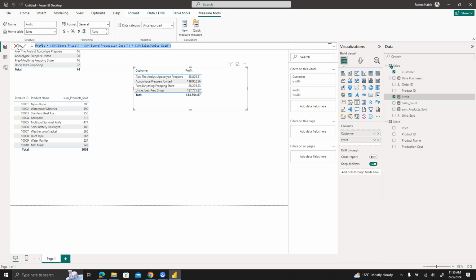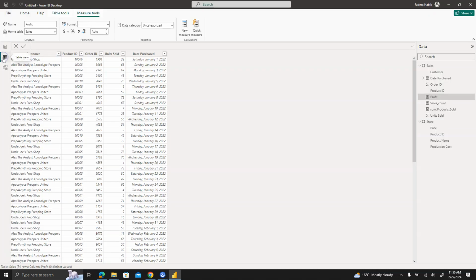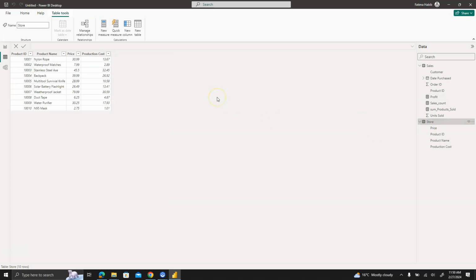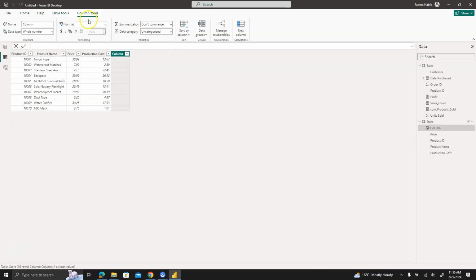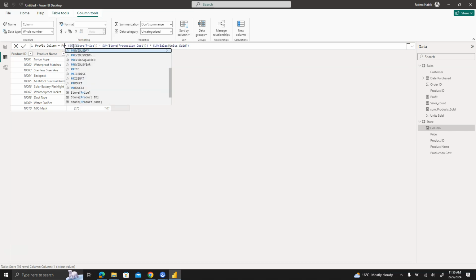Now I will copy it first and go to the data view or table view. Now I want to create a new column for the store, and I want to know the profit that each product has created. So I will click add a new column from here, and I will name it profit column, right? And I will paste the function that I created earlier,